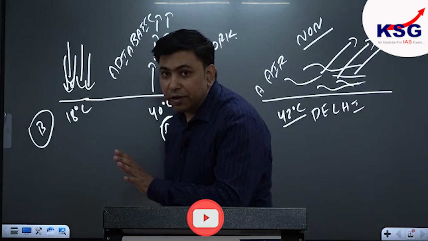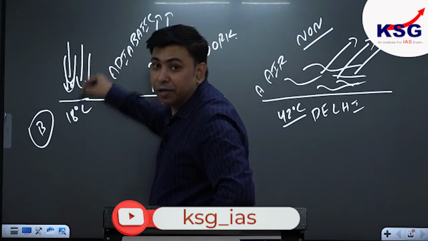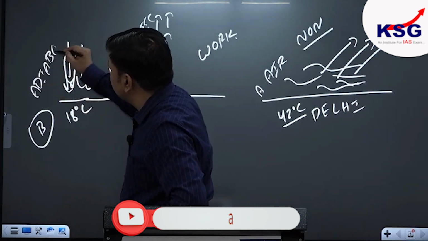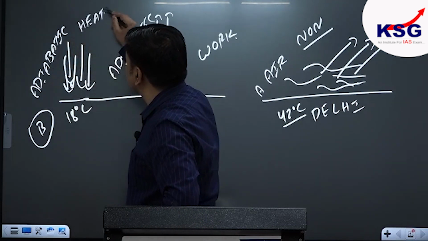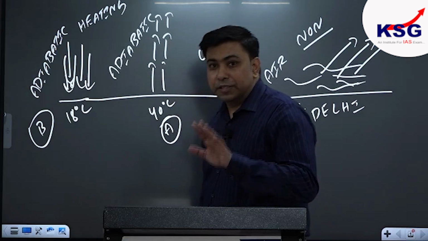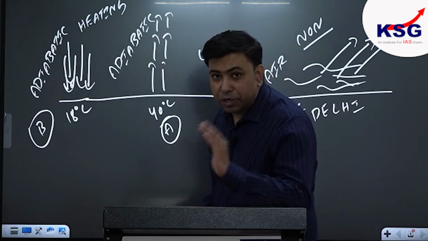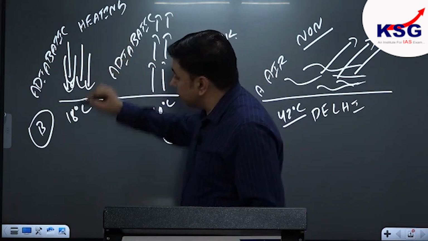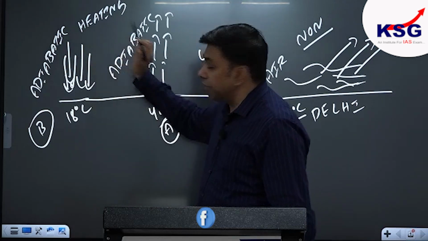And this is the reason why the phenomenon by which a sinking air parcel becomes warmer is called adiabatic heating. So just see my concept. The concept is: rising air parcels always become relatively cooler by the subsequent phenomenon of adiabatic cooling. Sinking air parcels become warmer by again a resultant phenomenon called adiabatic heating.